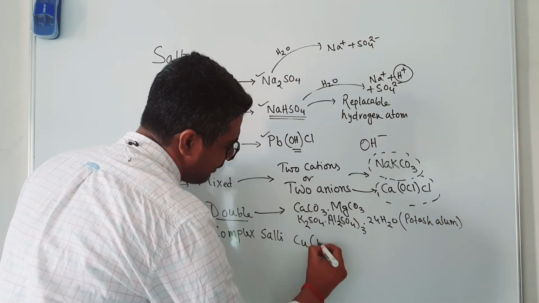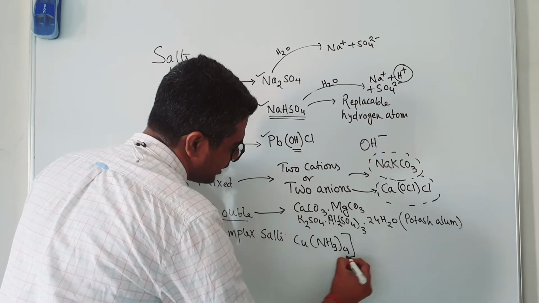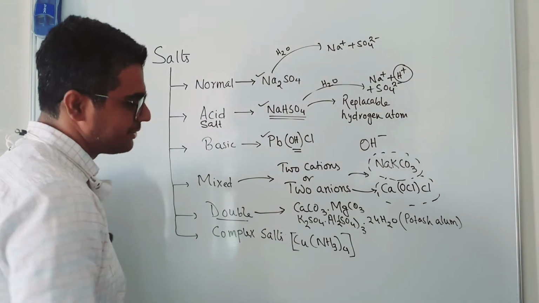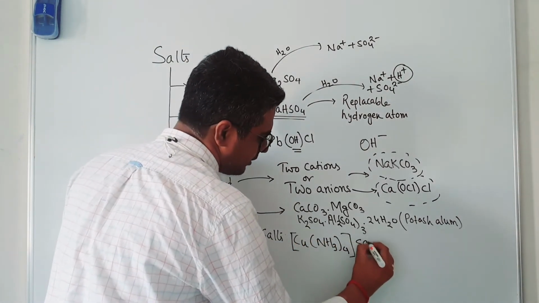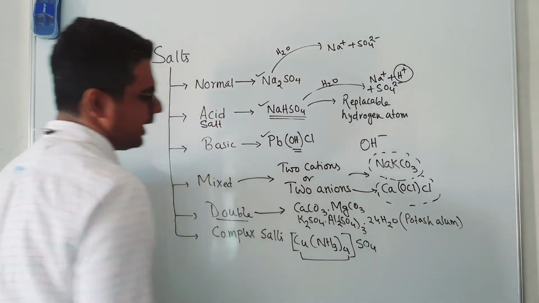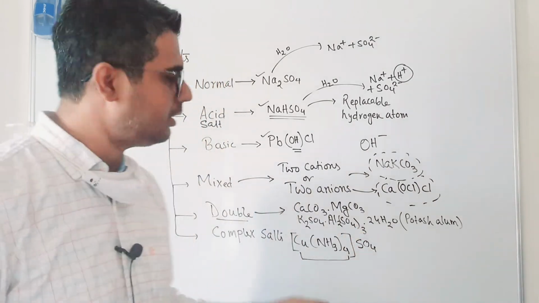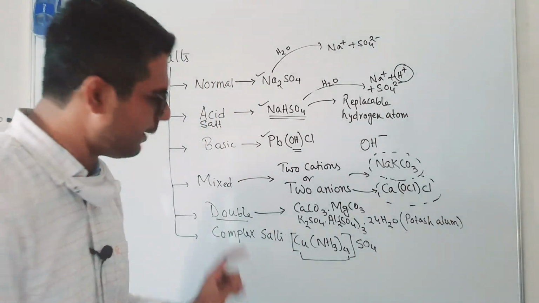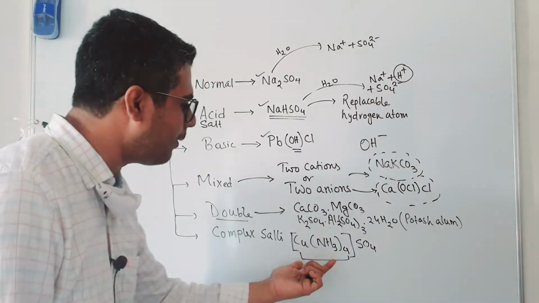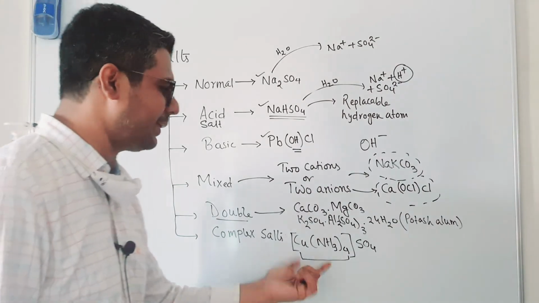You have learnt about this compound in analytical chemistry. So this is a complex salt because this has a complex cation. This is not a normal cation. You are not supposed to know about complex radicals at this stage, so I am making it simple. This is not a normal cation, this is a complex cation. A normal cation would have been K plus, Cu2 plus, but this is surely a complex cation.